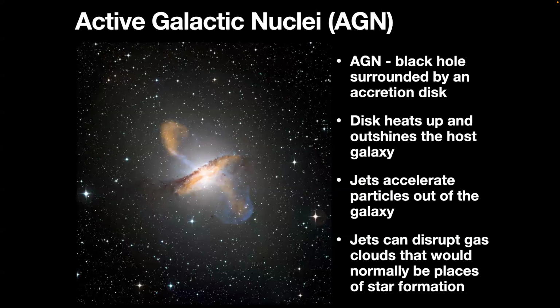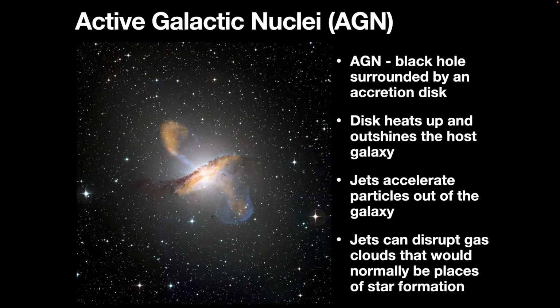Something else that can impact the star formation in galaxies is the presence of a quasar or an active galactic nucleus, or an AGN. So AGN and quasar are often used interchangeably. I'll probably mostly use AGN. An AGN is a supermassive black hole in the center of a galaxy that is surrounded by an accretion disk. The matter in the disk heats up and shines really bright, sometimes brighter than the entire host galaxy. This can also produce jets. So on your screen, this is an AGN blasting out jets above and below this kind of disky area.